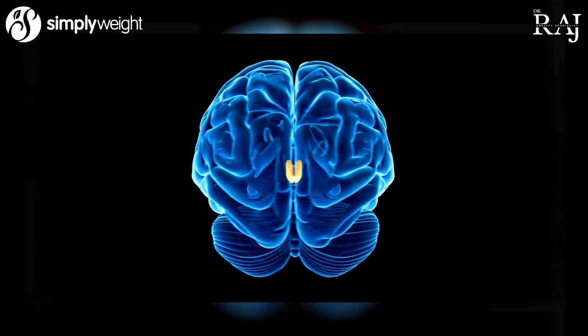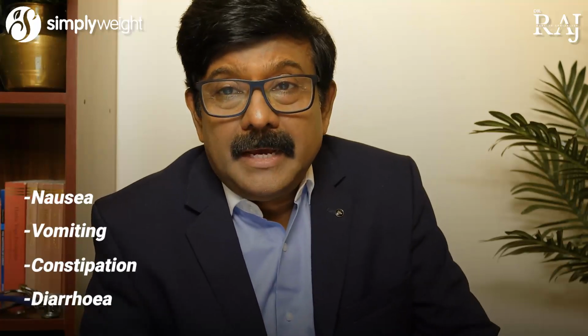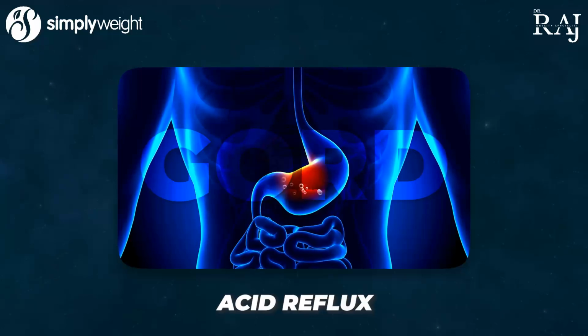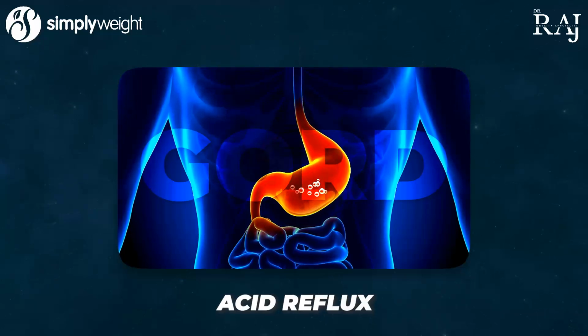Now, why would someone on Wegovy or Mounjaro have abdominal pain? As I said, the common side effects are nausea, vomiting, constipation, diarrhea. But sometimes nausea can get really bad and people can be vomiting, and there can be reflux. It's called gastroesophageal reflux disease, GORD. And when this happens, there's a spasm of the esophagus, and that causes severe pain. So excessive vomiting and heartburn can cause pain. So that's the first reason, and it's the most common reason.